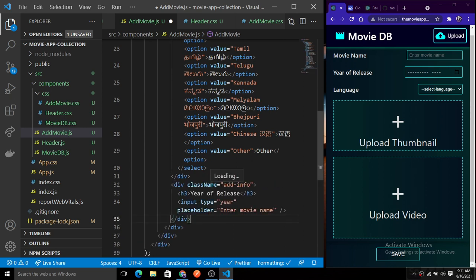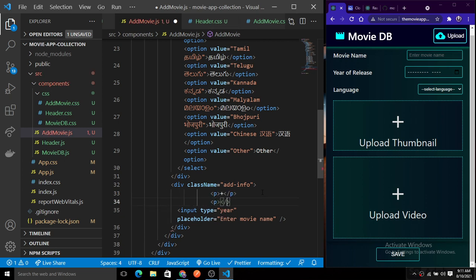Now you can see here we have a plus tag, and then we have an upload thumbnail option there, right? So instead of this h3, I just put here a p tag for the plus icon. So p tag here, and there will be a plus. Okay, and then we have another p tag that just shows what we need to upload. So upload thumbnail,